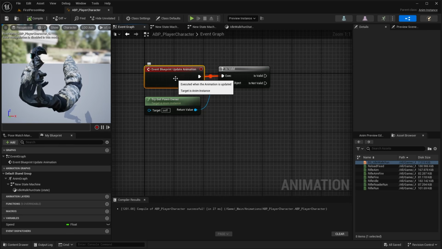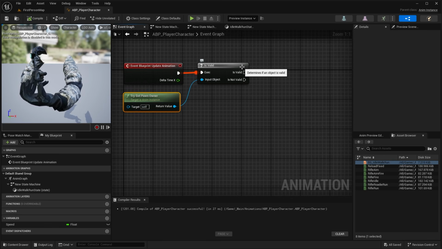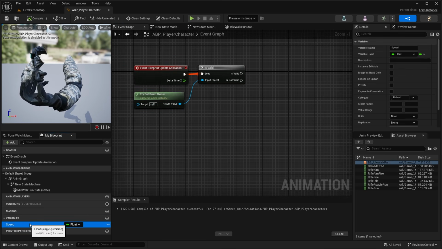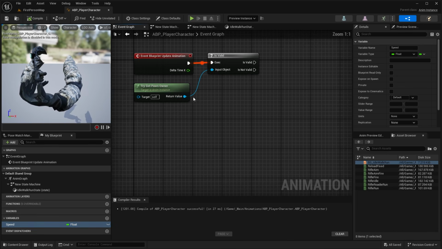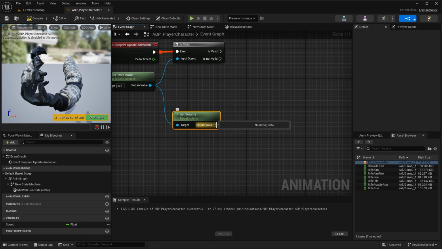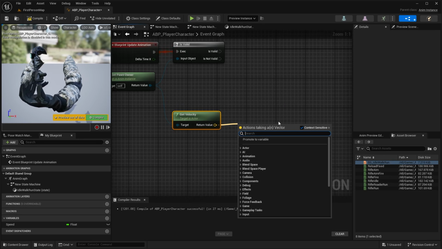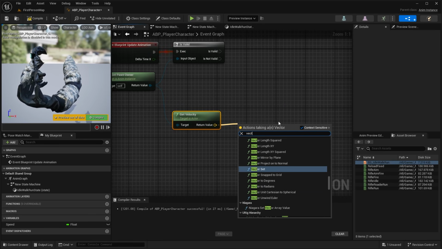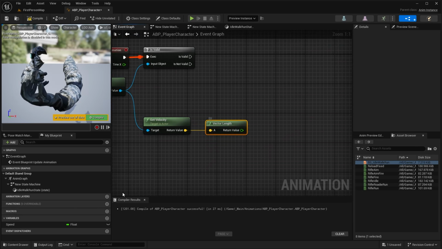And now what we're doing is every time we're updating this animation, we're getting the owner of this character blueprint, which should be our character, checking to see if it's valid. And if so, we can then set our speed variable based on our character's movement speed. So to get our character's movement speed, we have a reference to our character. So just drag off of here and we can get things like our velocity. So we want to get the character's velocity, and then we want to take this velocity value, which is this yellow vector, and convert that to a float. So we want to get the vector length, and that will change that vector into a float,